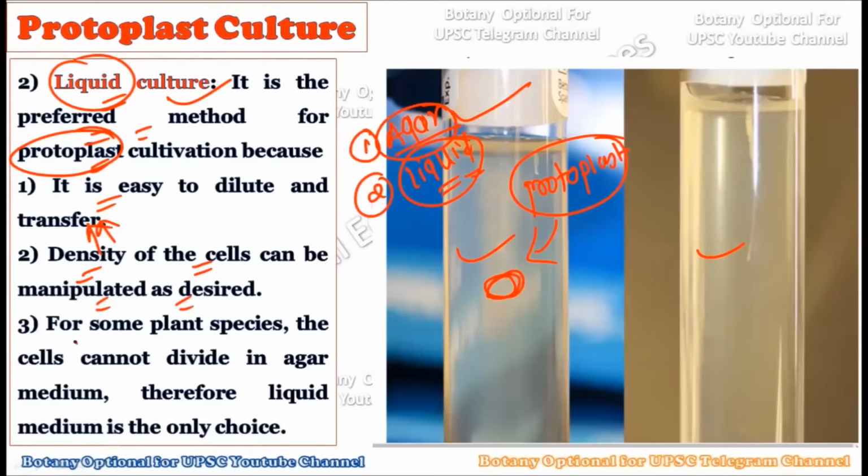Then the third advantage is that for some plant species, a cell cannot divide in the agar medium. Now see, there are certain plants that do not grow on the agar medium directly. Therefore they always require the liquid medium, and that is why the liquid medium becomes suitable for the maximum number of plants, and that is why this liquid culture has so many advantages over the solid culture or the